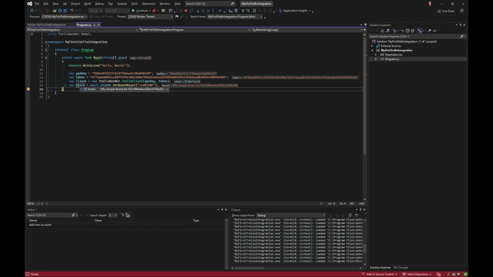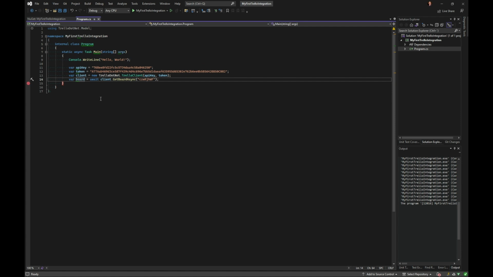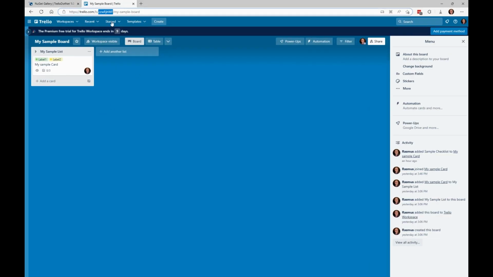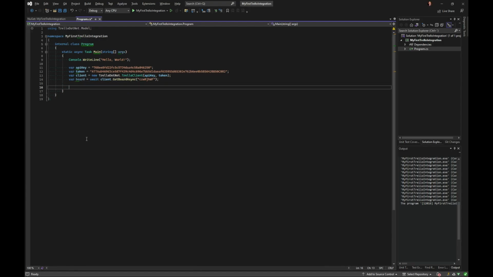And we have run it, and we have a board which is called my sample board. Here's the long version of the ID, and we have the various things about this board, the URL for it, and so on. So we have access, and now we can begin to do various things. So let's start by trying to add a new list. So you see here we only have a sample list, and we want to add one more list.